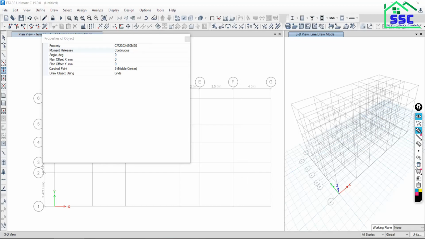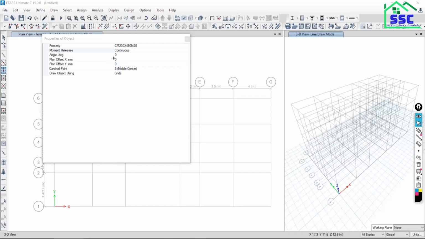The second option is pinned. Pin connection means there is a moment release at both ends, similar to your beam. Do you remember that concept? By default the column will be continuous, rigidly supported at the slab level from start point to end point. Is that clear?